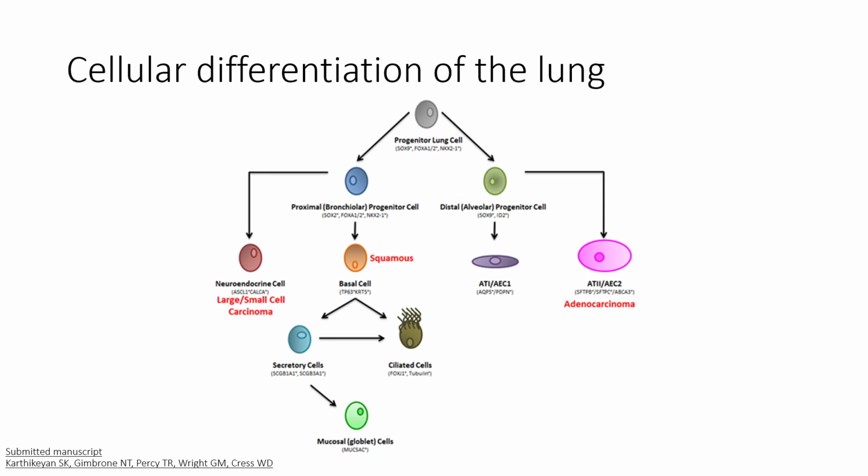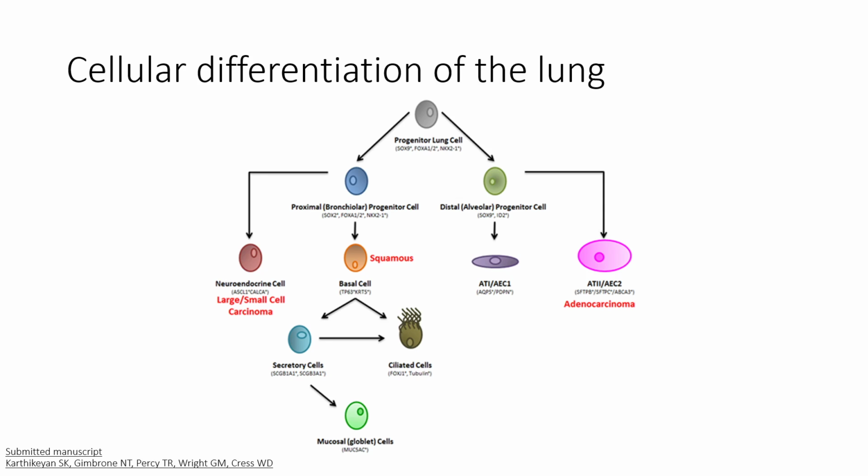Now, as far as the nomenclature tells, the proximal cells are going to differentiate into the tracheal and bronchial tissues, while the distal cells are going to differentiate into the cells that make up the alveoli. Now, post differentiation of the proximal and distal cells, you get four main different cell types here. If we look to the left, you see the cells that differentiated from the proximal progenitor cell, you get